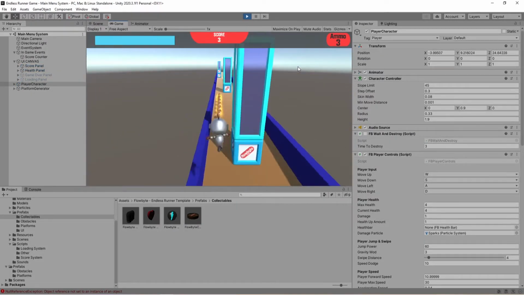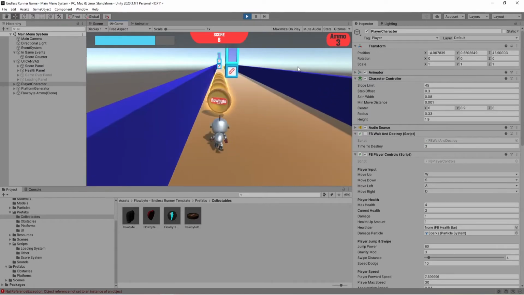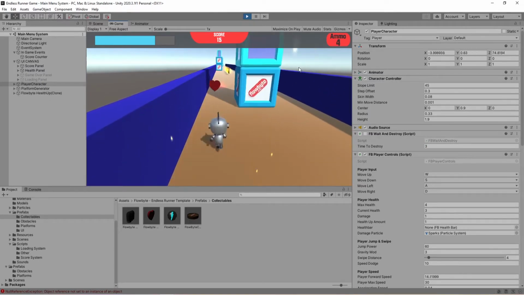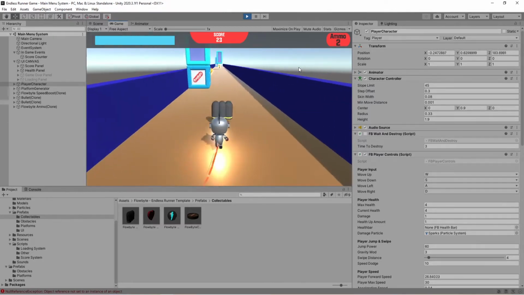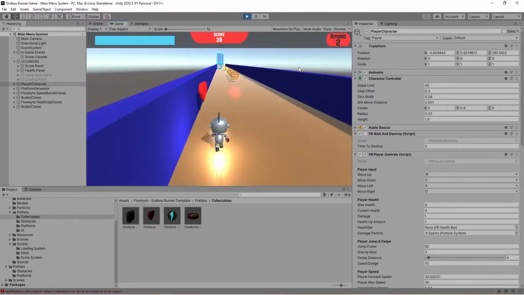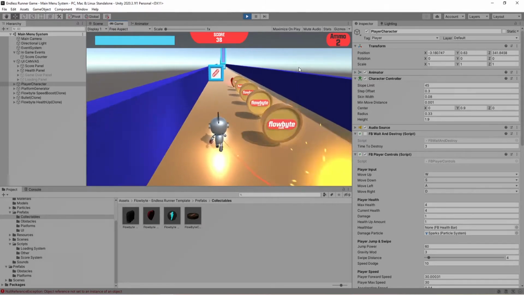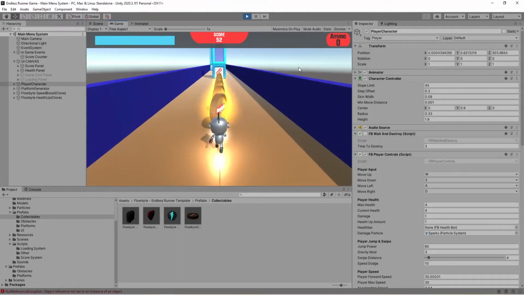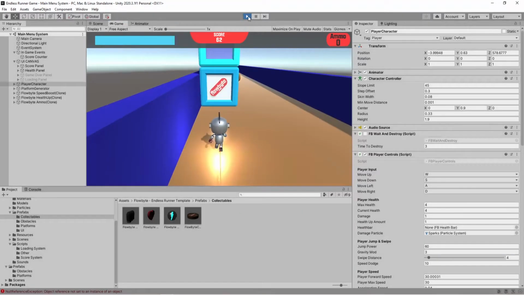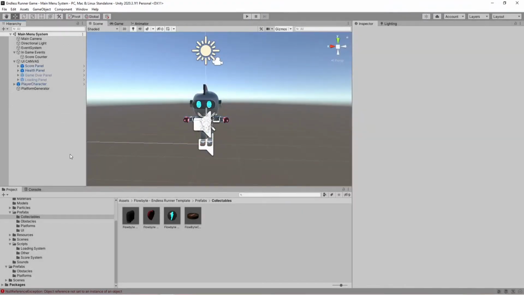Last video we finished the collectibles and the game over panel, allowing the player to restart. This video we will add the main menu system, correct the loading system to go from the main menu to the level and from the level back to the main menu. We will also create some other platform variations which will include the slide obstacle and the barrier that changes on